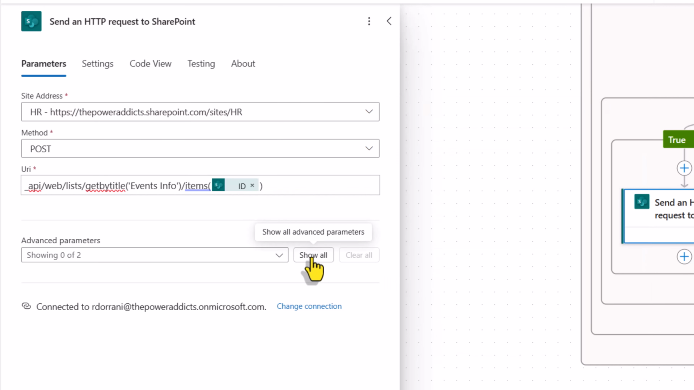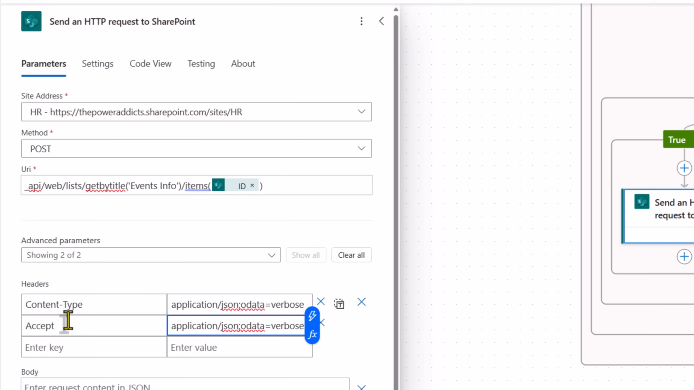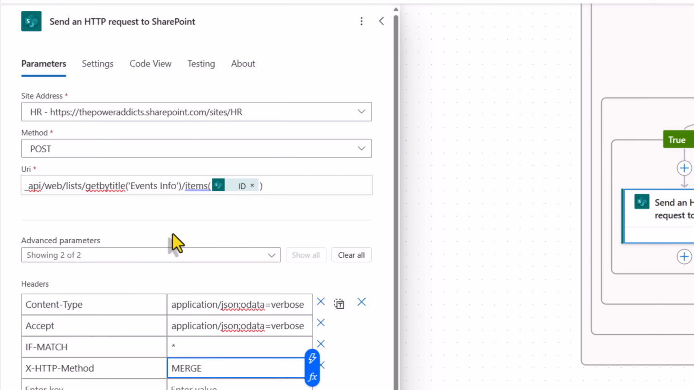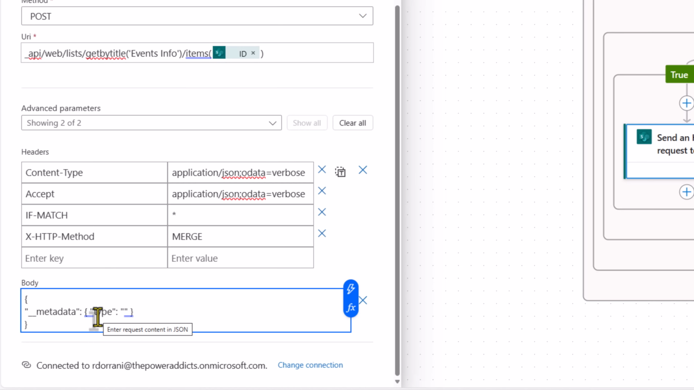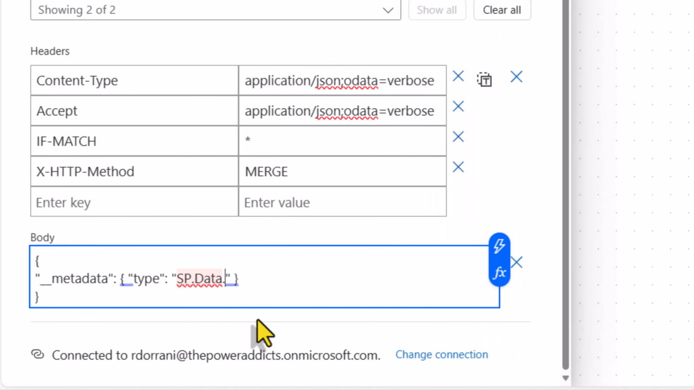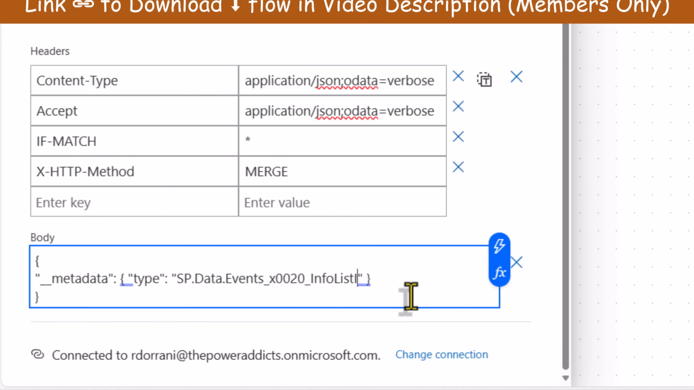Show all in advanced parameters. Some setup needed here. Content type, accept, if match, and the type of the HTTP method, which is going to be merge. And in the body, I'll start with this format. Type is sp.data. The name of my list. If there is a space in the name of your list, you have to replace it with _x0020_. And at the end, write list item,